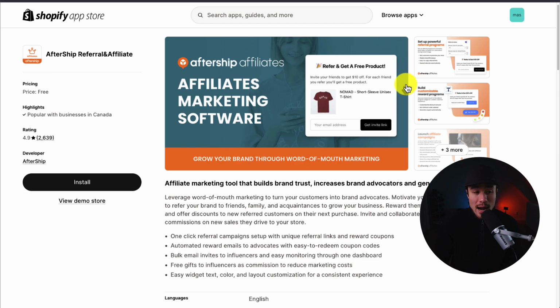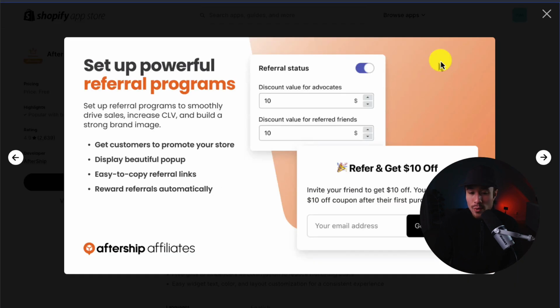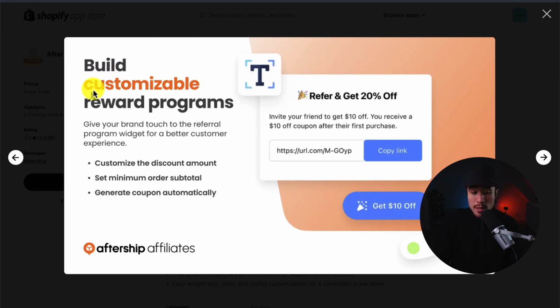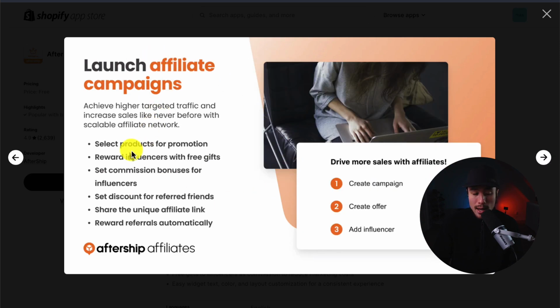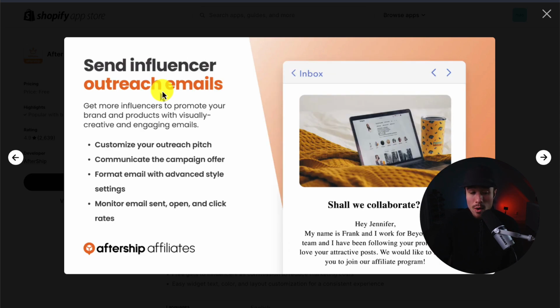First up, it's called AfterShip Referral and Affiliate, and it makes it really easy to set up powerful referral programs, allowing you to get customers and promote your store. It also makes it easy to create referral links and reward referrals automatically. You can build customizable reward programs and add things such as customizable discounted amounts and a minimum order subtotal. It makes it easy to launch these affiliate campaigns so you can drive more sales with affiliates. You can also send influencer outreach emails, and it lets you customize the outreach pitch and communicate the campaign offer